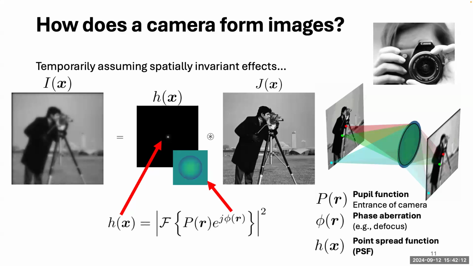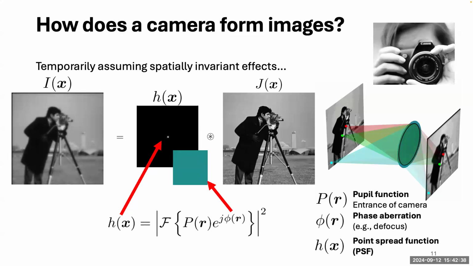So there's an input, there's an impulse response, which I'll call the point spread function, and then there's the measurement. Okay. And really that's just about it. Now the key thing to know is how do you describe this impulse response, the point spread function? It's this function right here: the magnitude square of the Fourier transform of some physical quantities that I'll describe. So P of R, that's the pupil function, and it corresponds to just maybe what you think, like